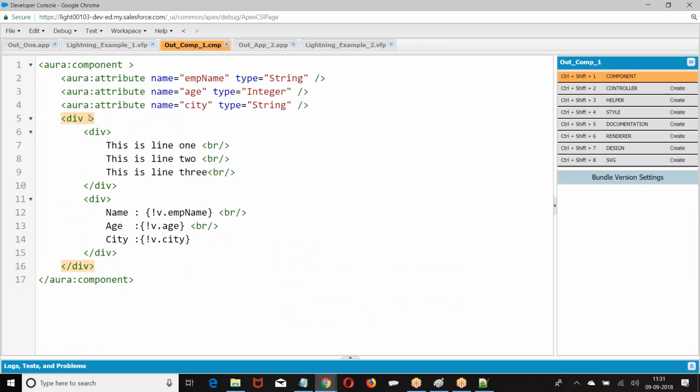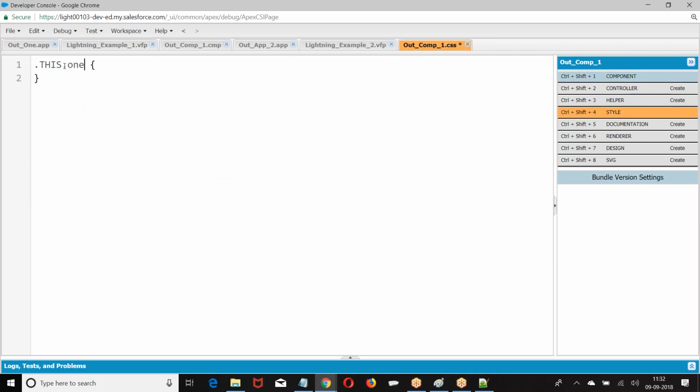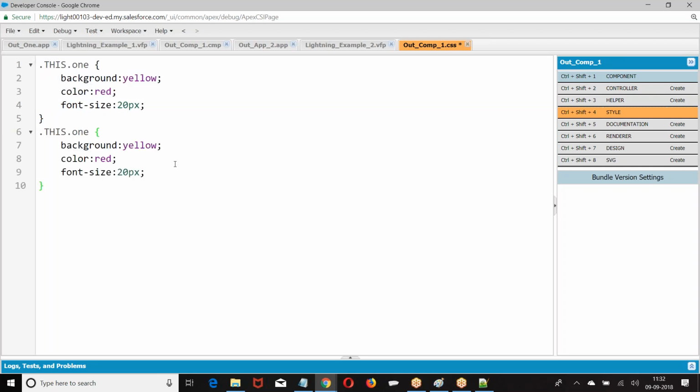So I'm giving here, we are applying some of its own CSS here.